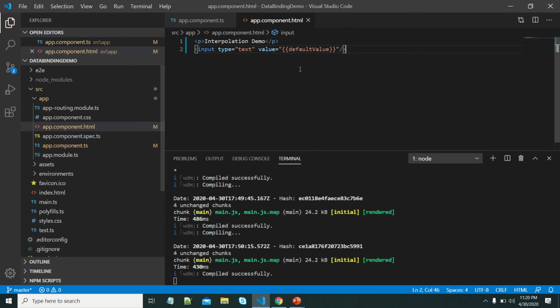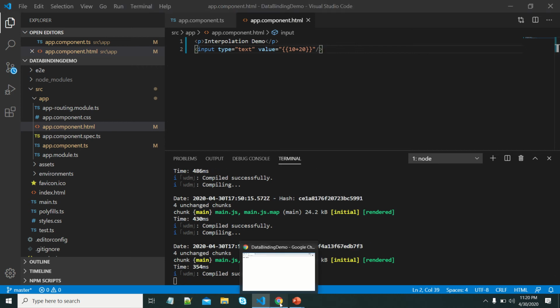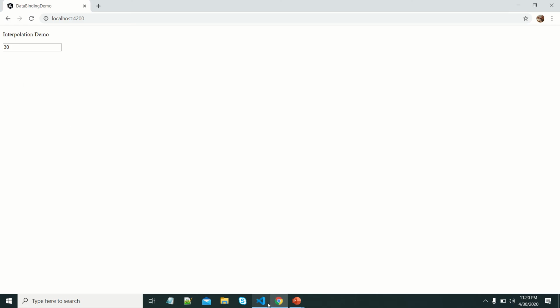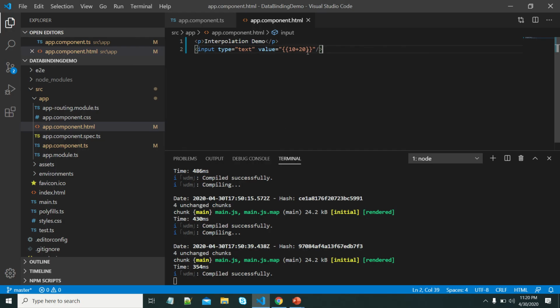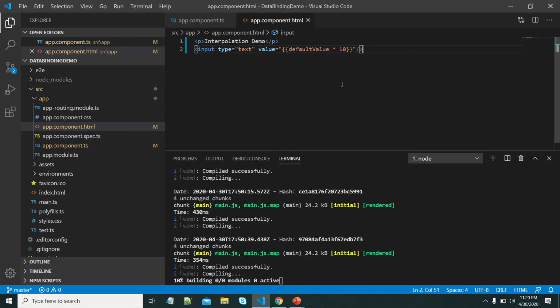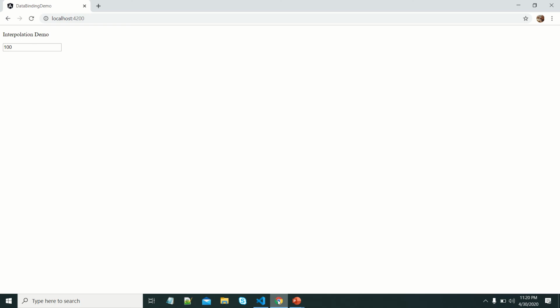We can write some expressions also. Let me write 10 plus 20. We should get 30 here. We can see the 30. If you want to write defaultValue times 10, we should get 100 here.